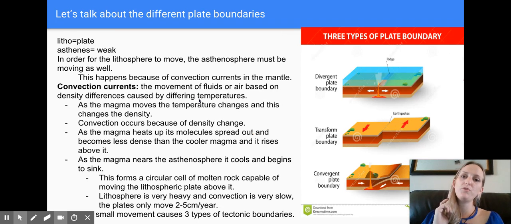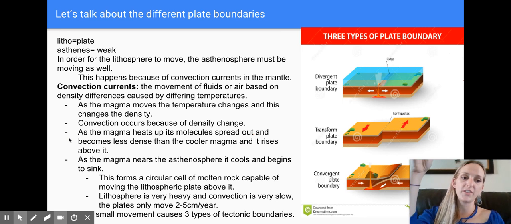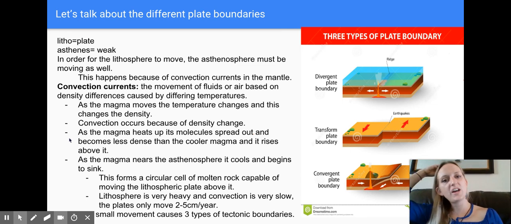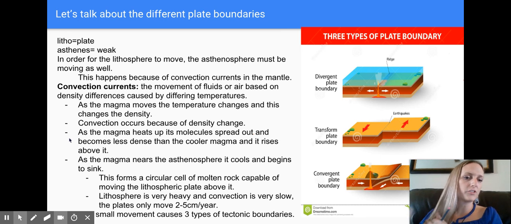As the magma moves, the temperature changes, and this will change its density. So when it's hot, it's less dense. When it's cold, it's more dense. Convection will occur, or the movement of things that are hot and sinking of things that are cold, because the density changes. As magma heats up, the molecules spread out, becomes less dense. The cooler magma rises above. Now, this is also how we can